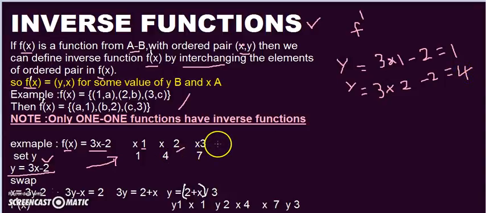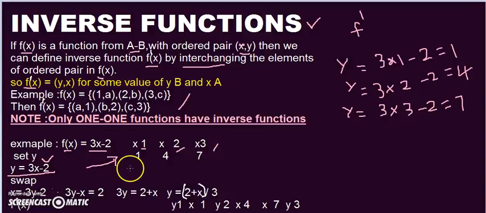If I take x as 3, what happens? So what happened to your y? x is equal to 3 means 3 into 3, right, minus 2, which is equal to 3 3s are 9 minus 2, which results 7. This is how you will get y values for the corresponding x values.